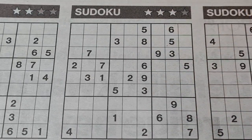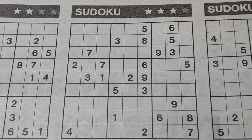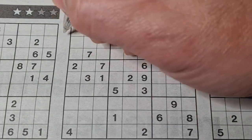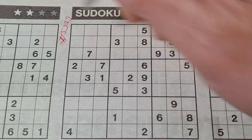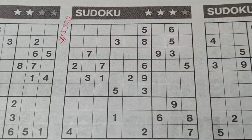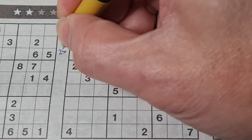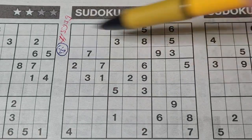Alright, and I've already solved today 2 regular puzzles. The first I will start is the 3 Stars Sudoku, number 5939. Before I start, I always count the printed digits. Well, the 3 stars has always 25 printed digits. It's the kind of indication of the